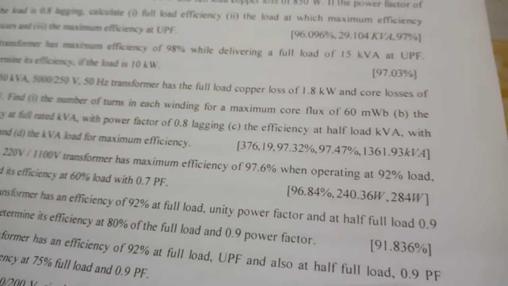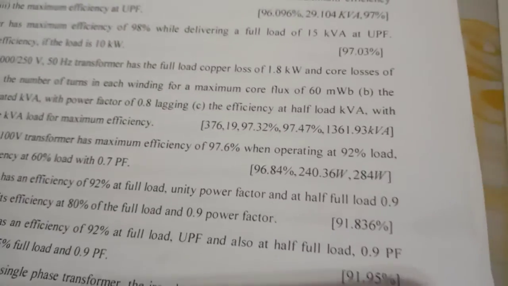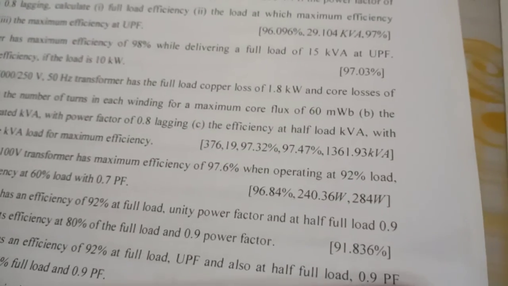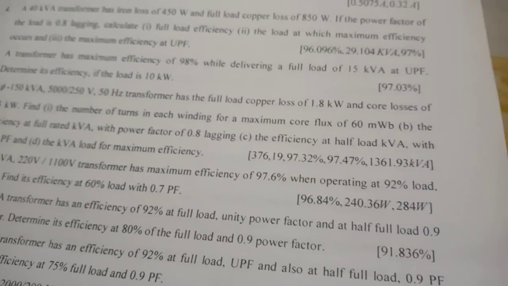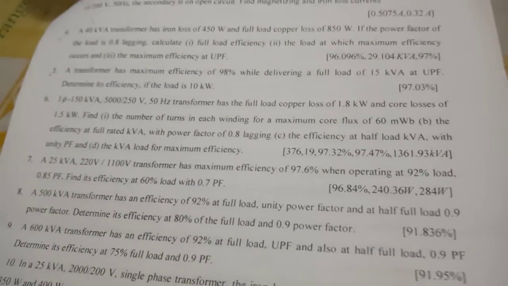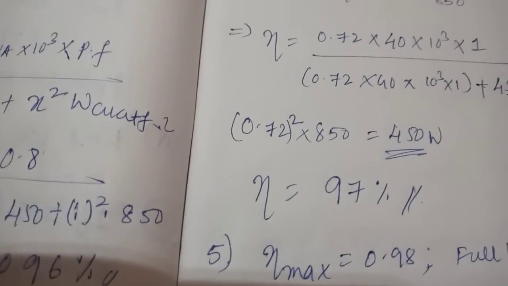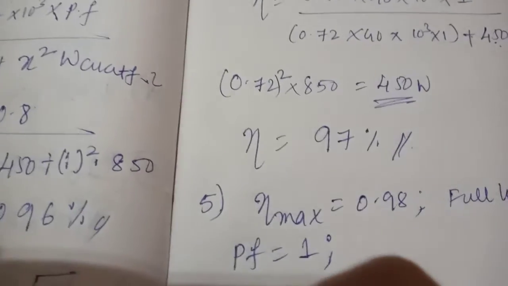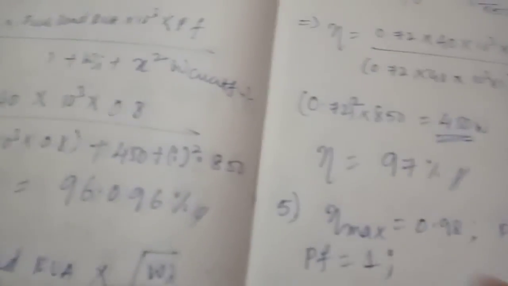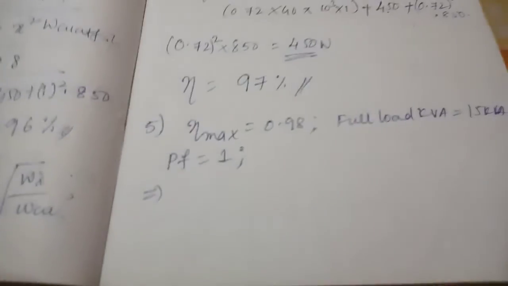Determine its efficiency if the load is 10 kilowatt. So if the load is 10 kilowatt, what is its efficiency? I have to calculate that. Before that, now they have